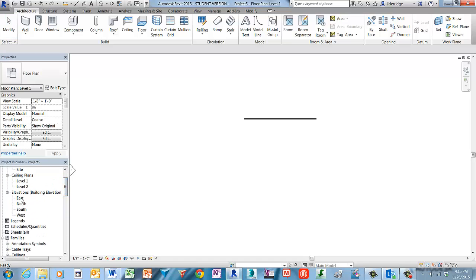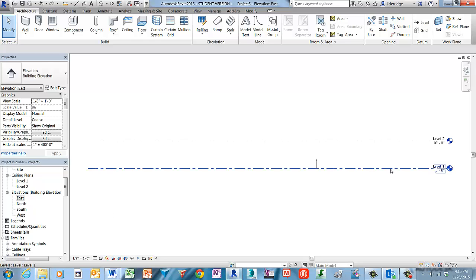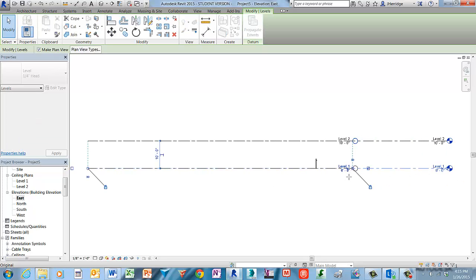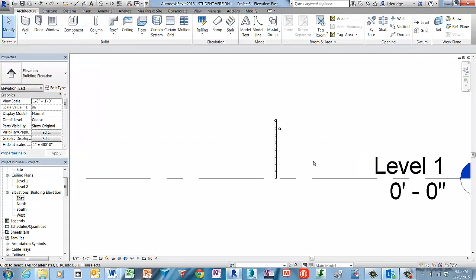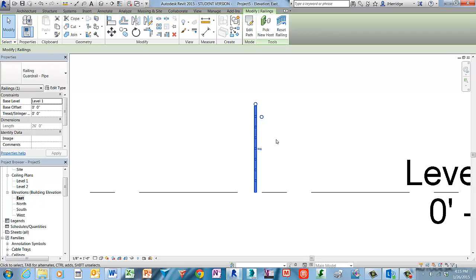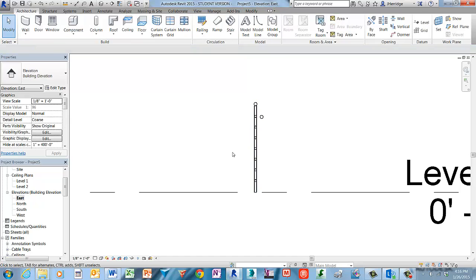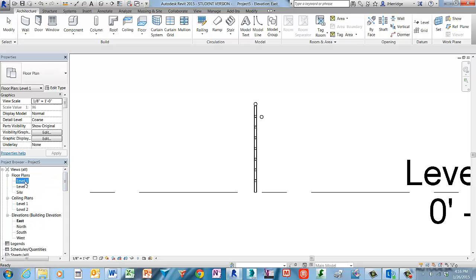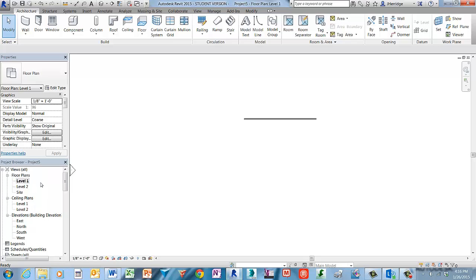So let me open up an elevation view just so we can see that. Railings are level hosted elements. So if it's freestanding like this, the railing is going to reside on the level that you placed it on. And if the level height changes, the railing would move in parallel. Now I'm looking at some manipulation or flip grips, if you will, with railings. In case the handrail's on the wrong side, you can select the railing on screen and then left click to flip the orientation of the railing. So going back into plan view,